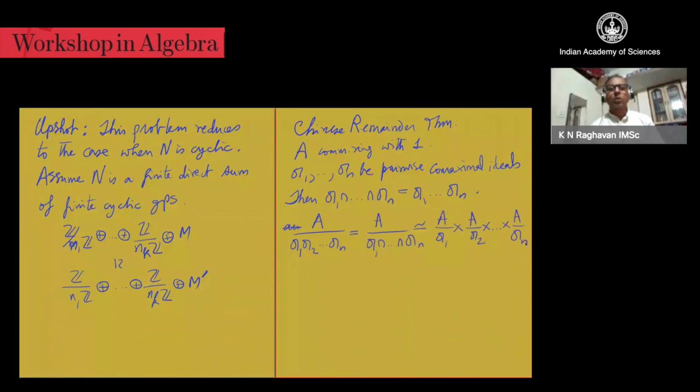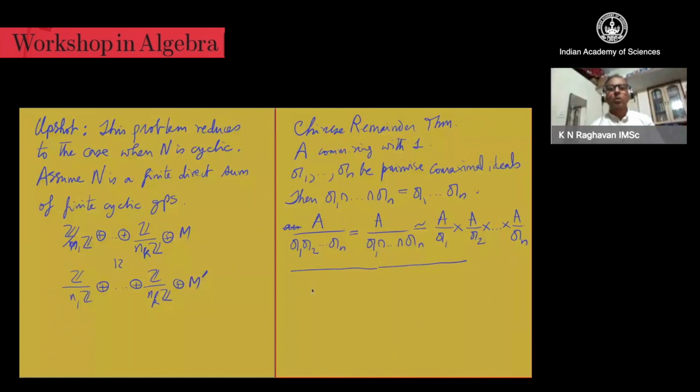Okay, this is the statement of the Chinese remainder theorem, and we're going to prove this now. But let's see, before even proving that, how we want to apply this. The way we want to apply this is the following. So we want to get from this some statement about finite abelian groups, and for that, let me remind you